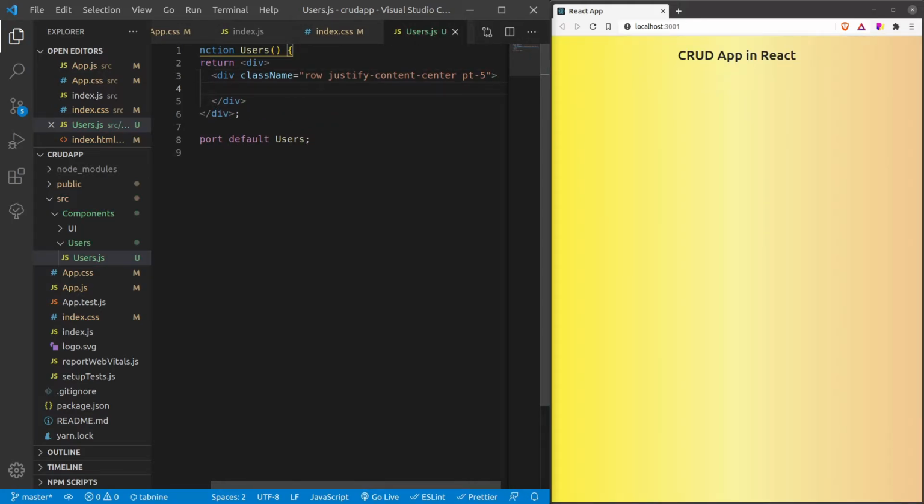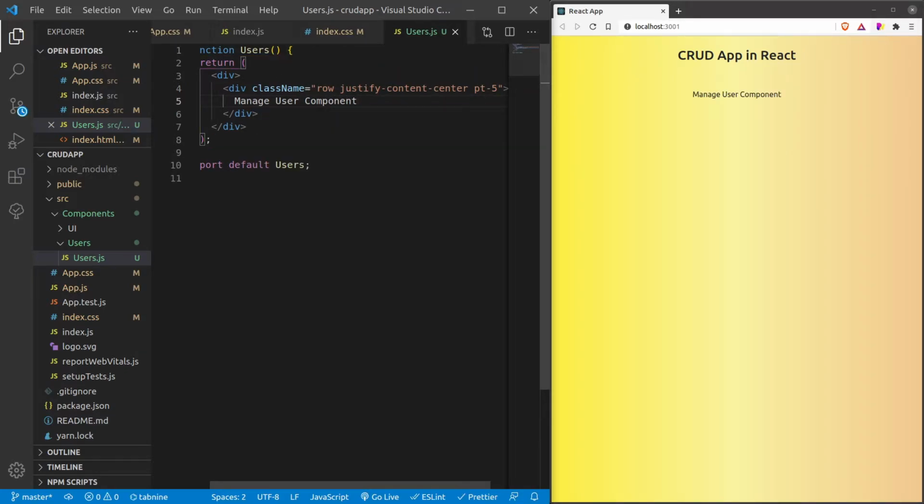All right guys, so this is the single row that I have created. Here I will be including my manage user component. So for now let's do it this way, so you can see that it is now in the center, right?